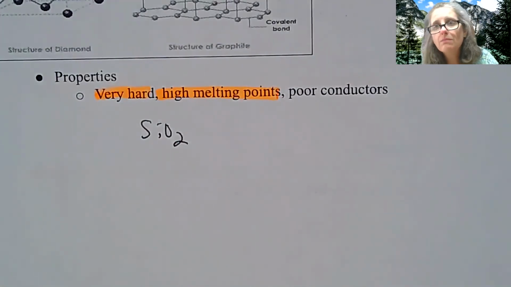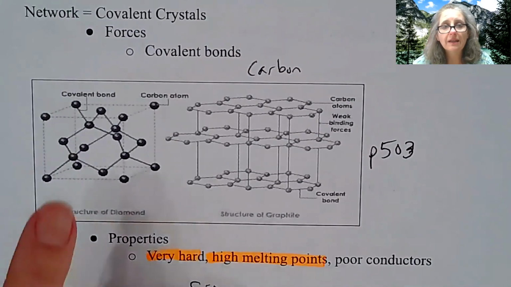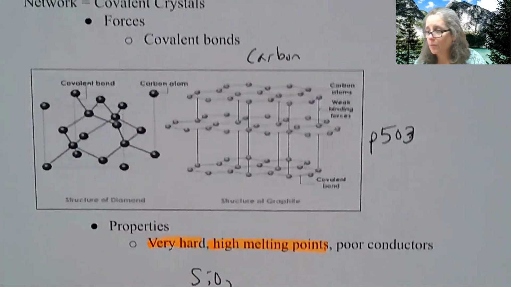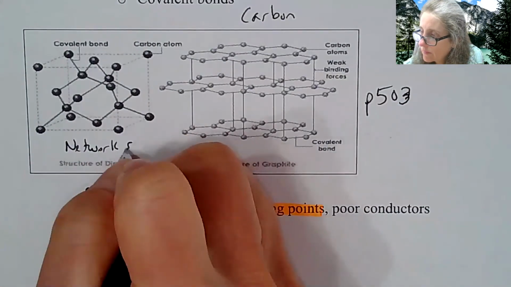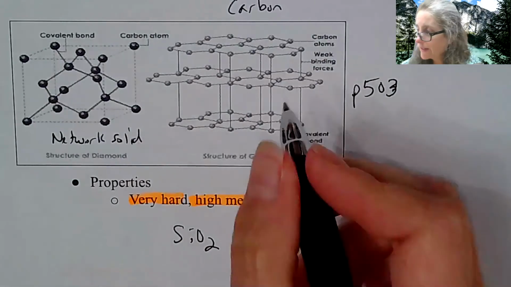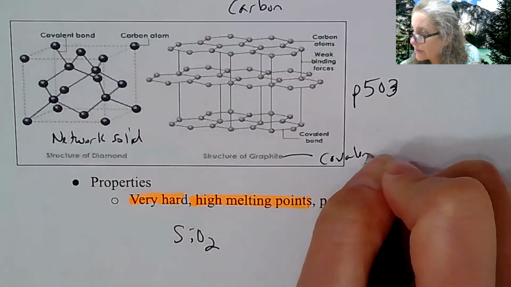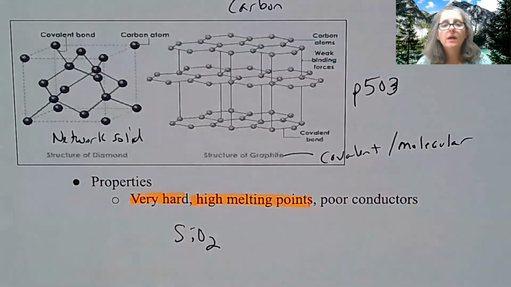Like with most things in science, we have compounds that don't quite fit into a normal mode. So we have this category of network solids, and diamond is the network solid, so please make sure you understand that. That's why diamonds are used for drilling purposes and other things, while graphite is considered a covalent molecular compound. Okay, so those are the solids we're wrapping up in chapter 12.